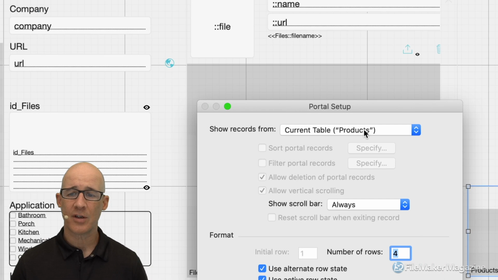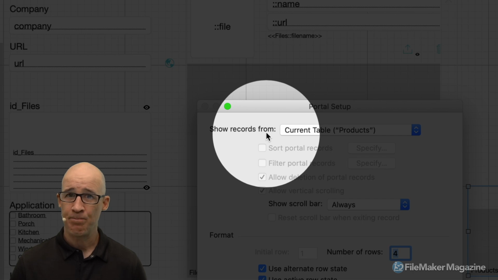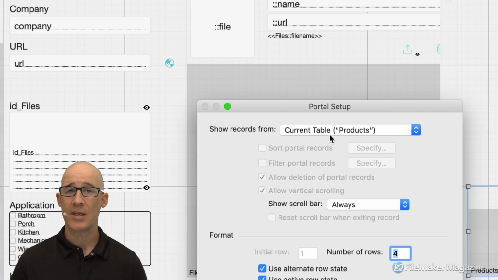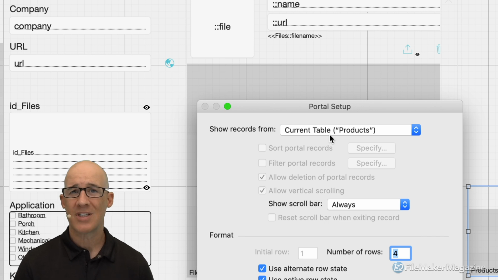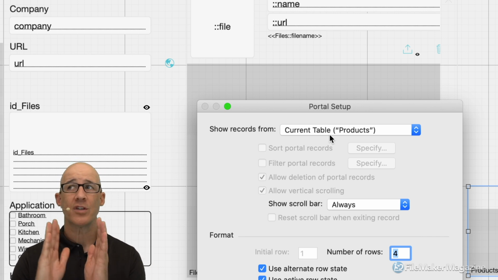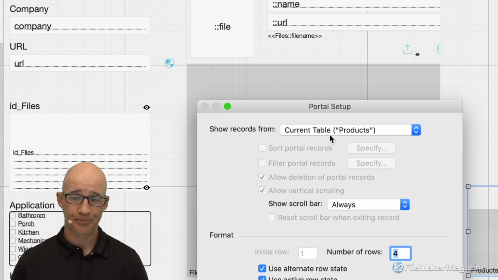By default, FileMaker comes up with this "show records from," and you used to select a table occurrence. Now, FileMaker defaults to the current table. In this regard, there's a very important distinction that we need to know about this portal versus any other portal, and that is that this portal is a direct representation of what the found set is